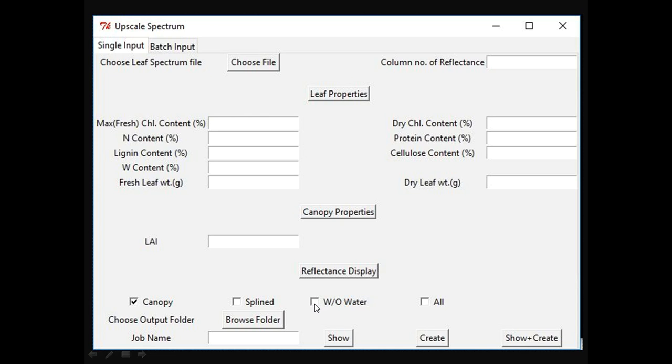Normally if you see spectra, actually it is discontinuous. When you add water, we can see the continuous spectra. Whenever there is no water, we see it as discontinuous. Or you can choose to see all of them. Any of these options you can choose, and finally you can store it. You can have the show and create option, or just show or just create. So this model, for example,